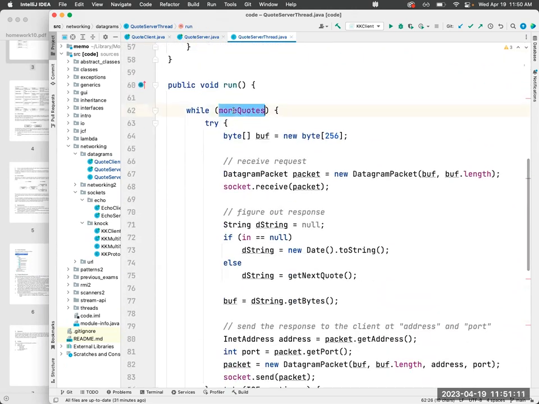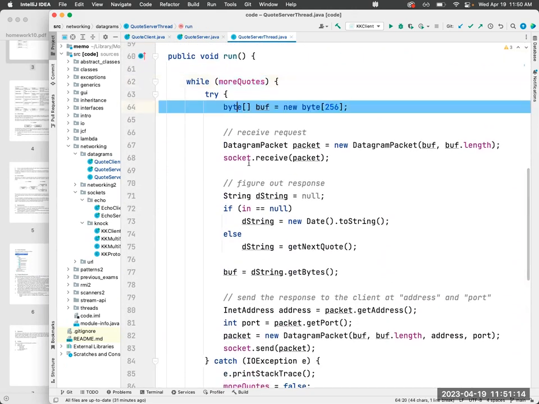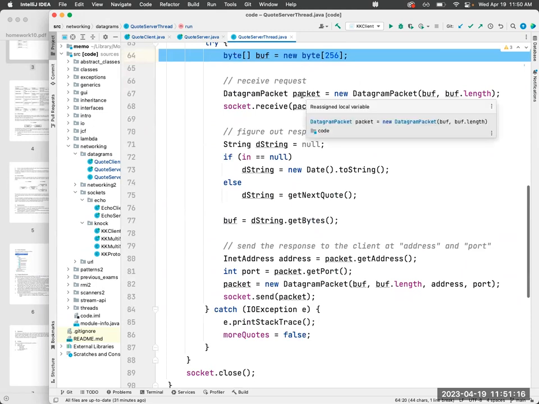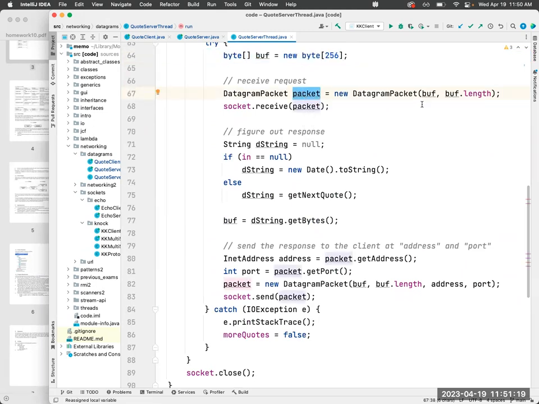So while I have this state equal to true, I would set up the buffer. I would do exactly the same thing as I did before. I set up a datagram packet. I need to pass a buffer for that. And then I would receive first the packet. Recall that in the client example, I sent first and then I received afterwards, right? So here I am receiving first, and that's obvious, right? Because the other party just sent something to me. And this is blocking, right? Only after I receive the packet, I would go ahead and